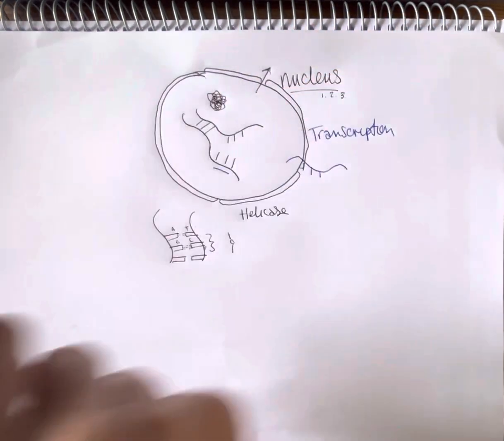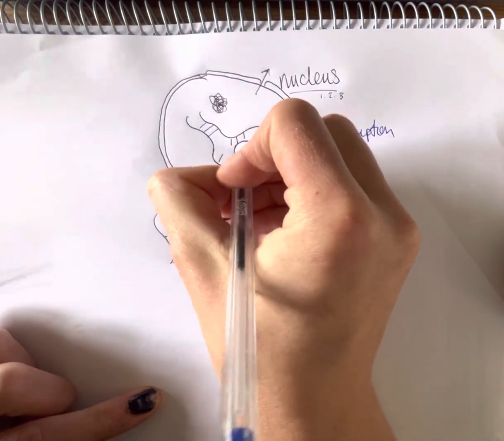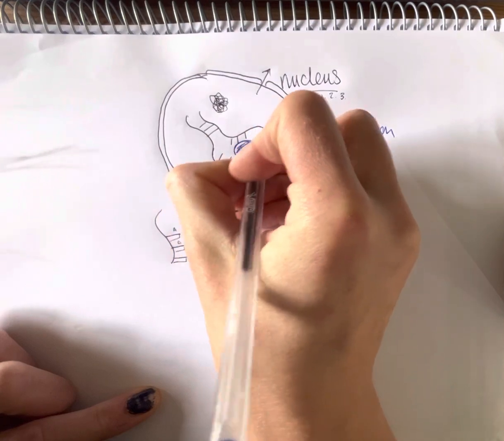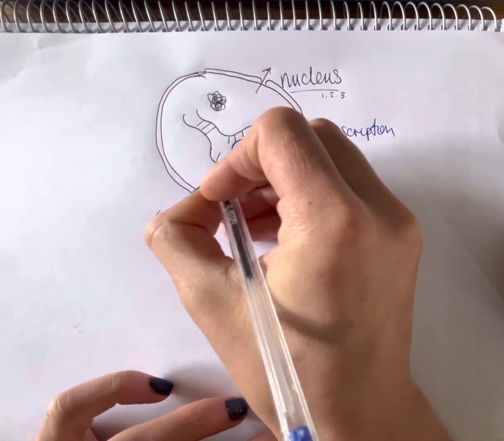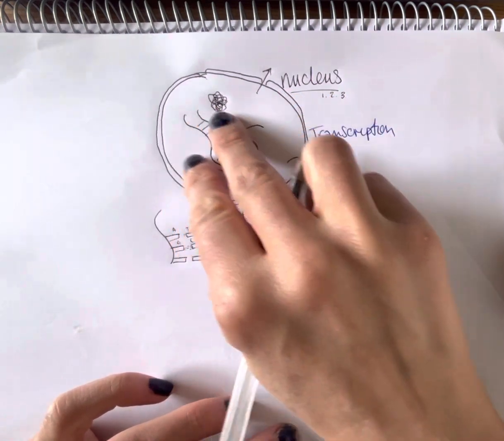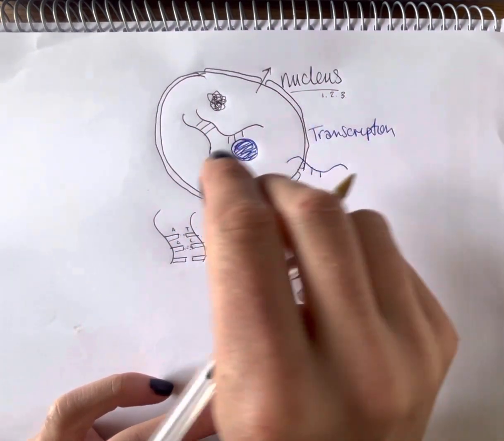The next thing that we've got here is our RNA polymerase. So don't get confused with DNA polymerase. DNA polymerase is when we are creating a second strand of DNA for mitosis to take place. So when the cell divides, we